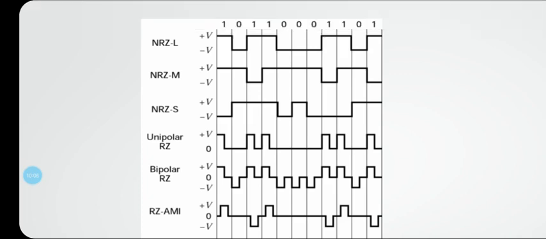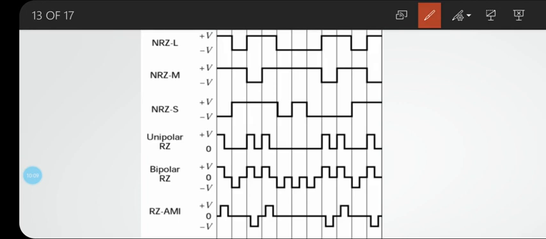So we have the next one. Let me take the bits 1 0 1 1. It is now exactly NRZ-S, where S stands for space. This S is exactly the complement of NRZ-M. 1 is represented by no change in level and 0 is represented by a change in level. So now 1 is represented with no change in level. When the next bit is 0, it has to make a transition, move from negative to positive, and it has to remain at plus V.